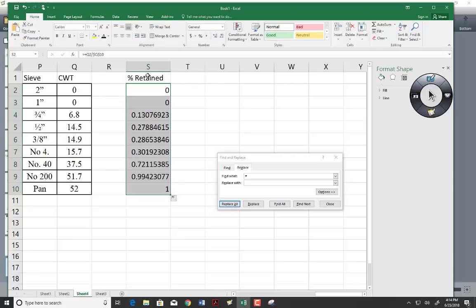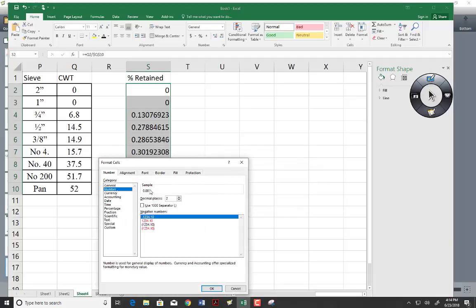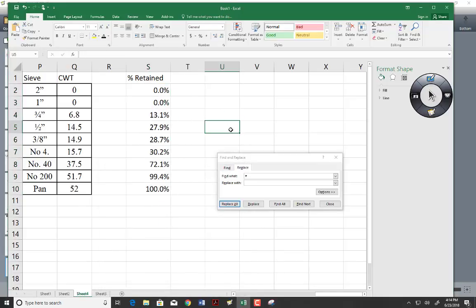Now this is only retained, it's not percent retained. If I want percent retained, what do I have to do? I have to multiply this by 100 for each one, right? Or I just say format cells, number, and I go percentage. I say okay, and there's my percent retained for each one. My percent passing, and like I said, I'm not expecting you to know how to do this in Excel, but